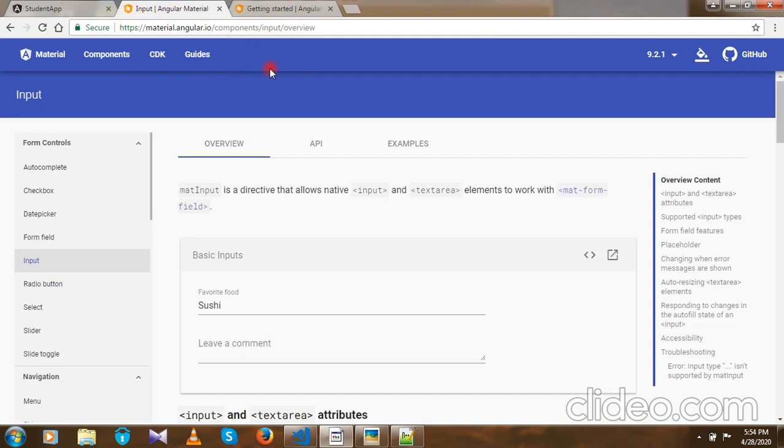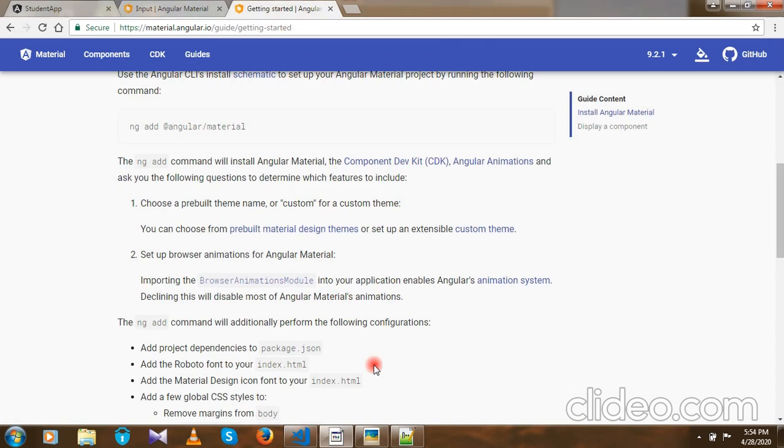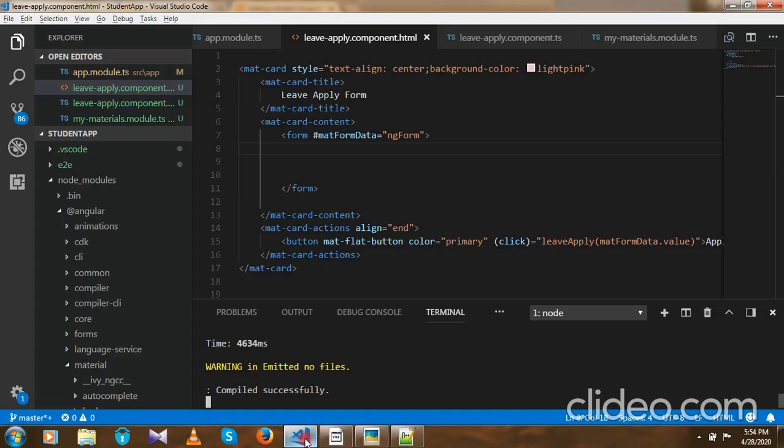If you just type Angular Material in Google, you can reach this site. Here you can find all the basic syntaxes of Angular Material. But before that, to install Angular Material to your Angular app, we need to execute this command, ng add @angular/material, so that whenever you run that command, it will install all material components in the node modules folder.